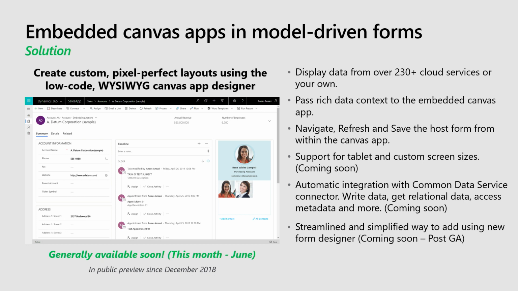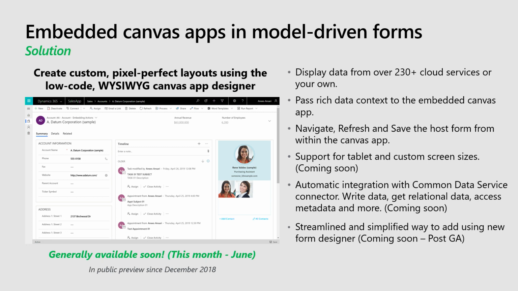Another advantage of this is you have Common Data Service, and model-driven forms show fields from Common Data Service. But we want to sometimes display data from other systems. Like I have a list in SharePoint, I have something in SQL, I want to put it right next to it, I want to pass some context, and I want to filter that data and show it to you. It's not easy. Today, you have virtual entities, you have other things, but each one of them has its own